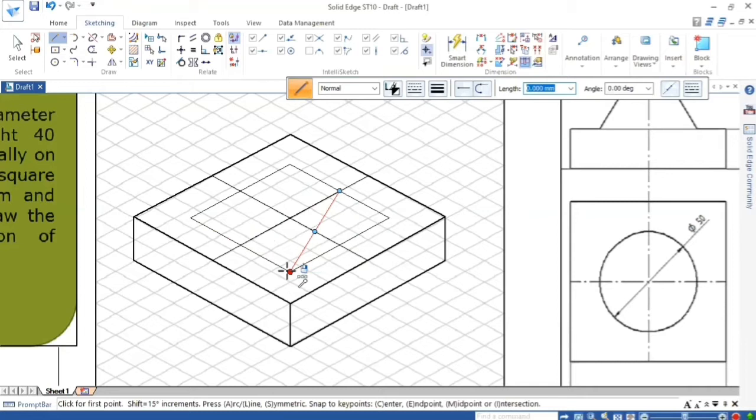Similarly, draw from the same corner to the midpoint of the other side, and from the opposite corner to the midpoints of its sides. Once you construct this, the lines intersect. Note the intersection points, one here and one here.